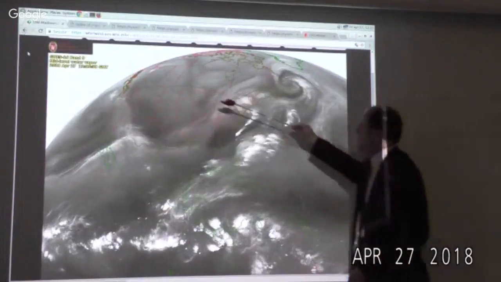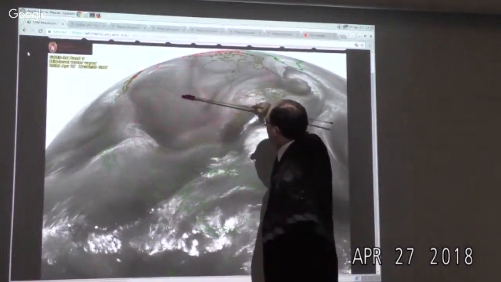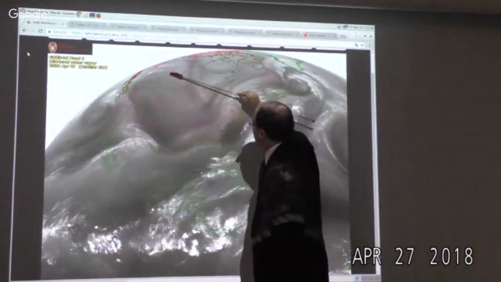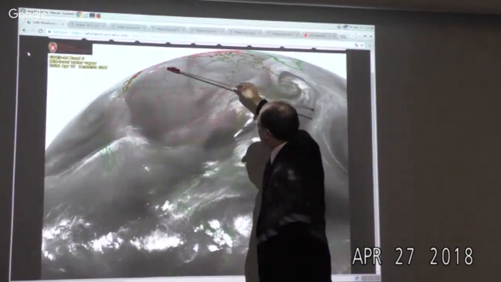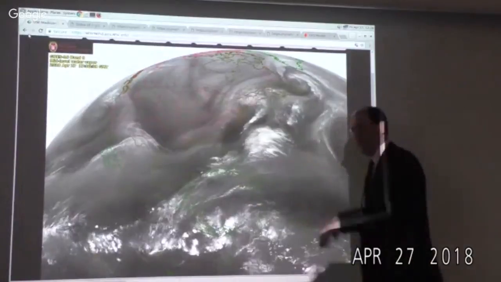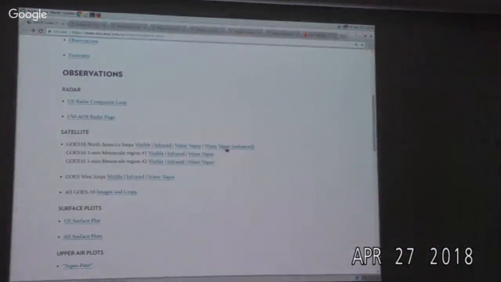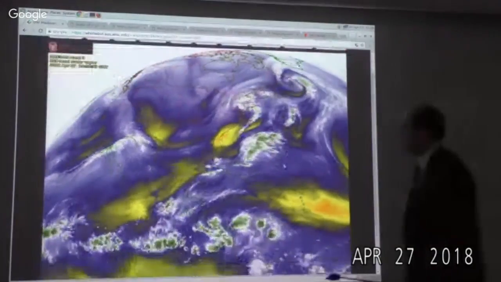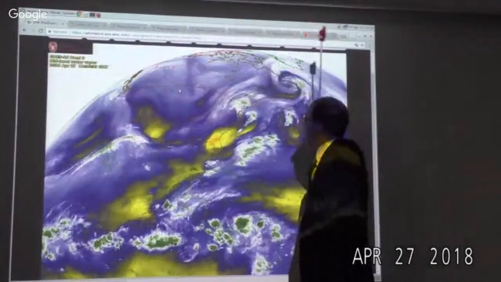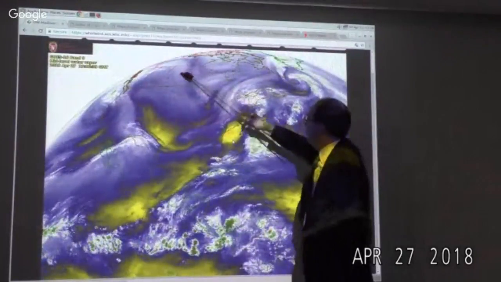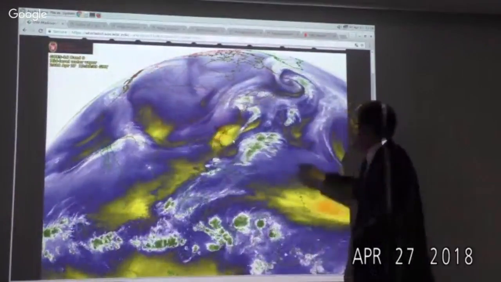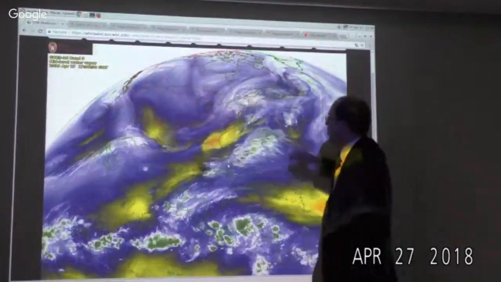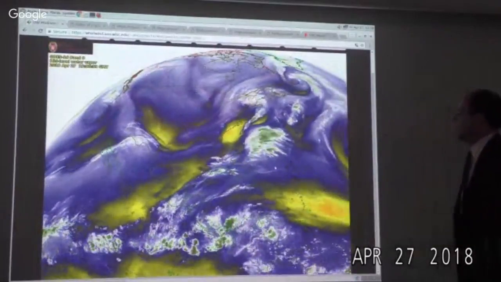And if you can see, there's a little shear line here in the water vapor that curls up over the prairie provinces. Really nice right there. I wish we had a better view of it. I'm curious if that shows up better in the color version. A little bit better. Features maybe show up better. There's like a string of pearls here coming across in that shear line. Really nice. And even this feature in the northerly flow is a little bit more obvious. It's not always the case. Sometimes it doesn't look so good.